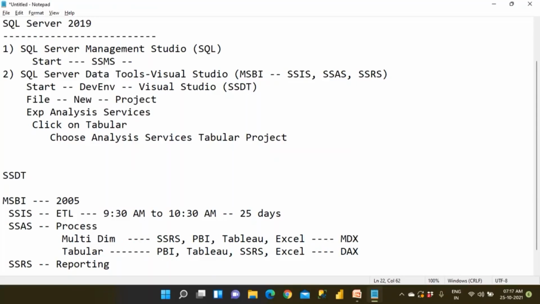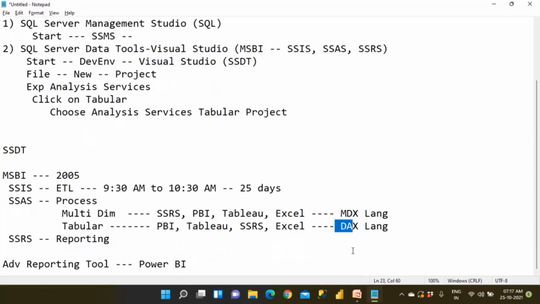Multi-dimensional expressions, right? In Power Query, we use the M language. Like that, when you create multi-dimensional cubes, the language is multi-dimensional expressions, MDX. DAX is the language used in Power BI, plus in the SSAS tabular model cube. Clear? DAX, data analysis expressions.